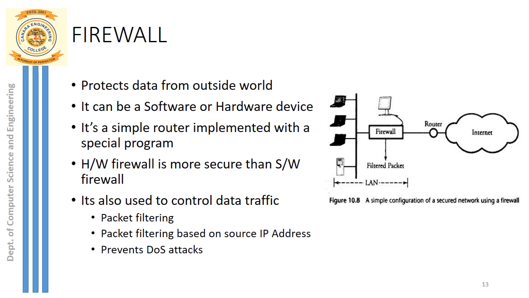The second method is that a firewall filters packets based on source IP address. This filtering is helpful when a host has to be protected from any unwanted external packets. The third is to protect the network from the DOS attack, where unwanted ping floods or UDP floods will be prevented by the firewall.